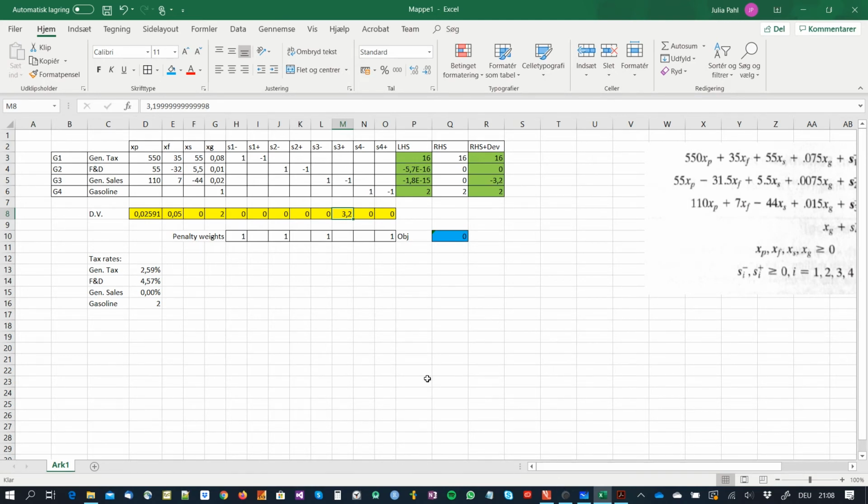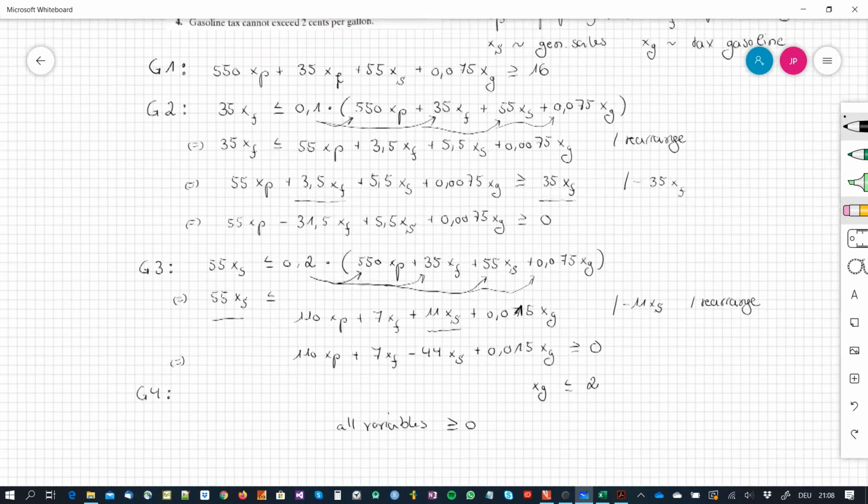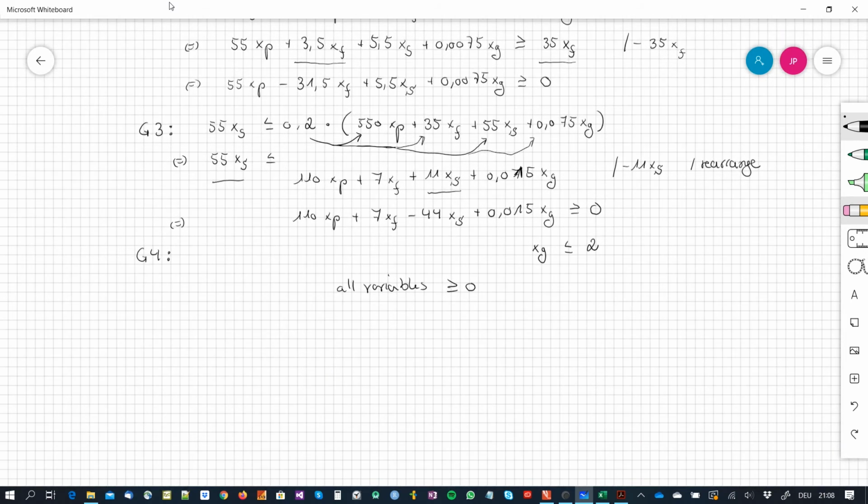Okay, now we go to task 2. Task 2, now we take the whiteboard again, and task 2 states that we should add a goal. We need to add the goal that requires gasoline tax to equal at least 20% of the total tax. So this is similar to what we have done before, but now we need to concentrate on the gasoline. So the goal for the gasoline taxes, that was